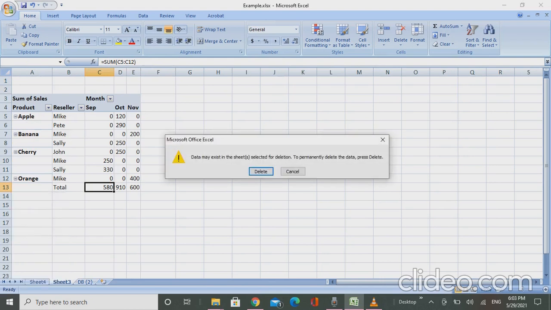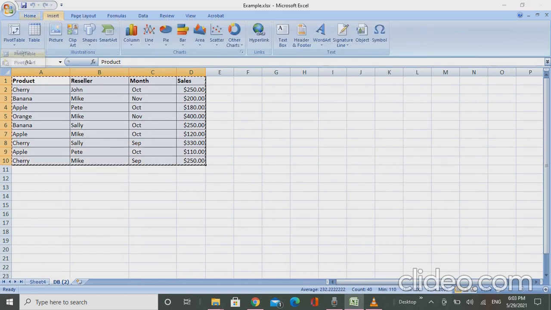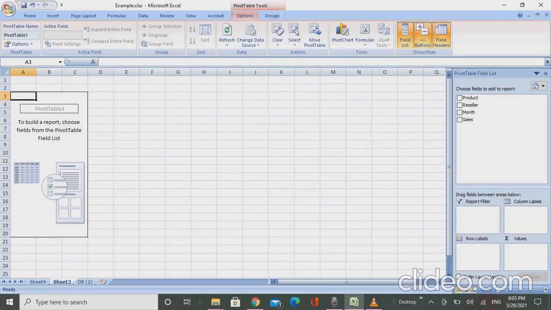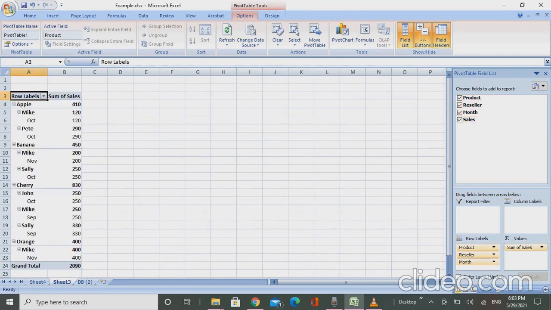First I'll select all the data in the pivot table, and then I will do Alt NVT. This will give me a new pivot table. So I'll select all of this. It will be a part of our pivot table. Okay, I'll do a setting of this. I'll take months to my column label,